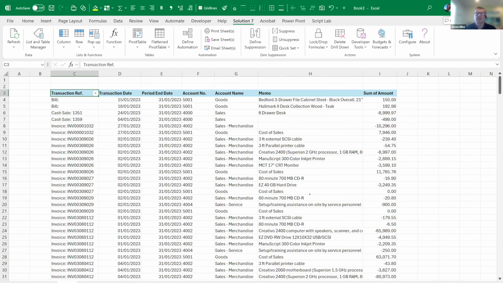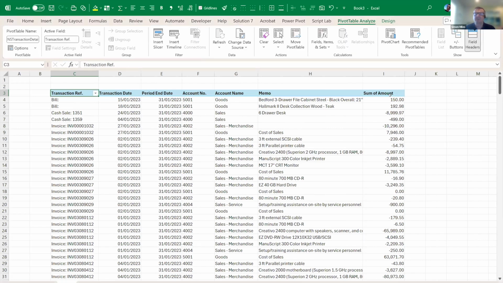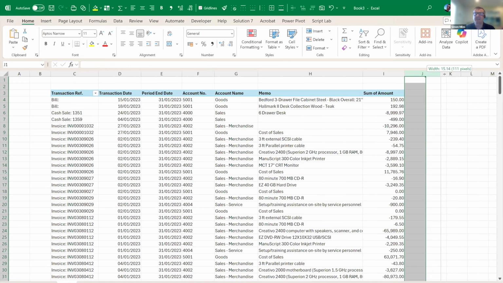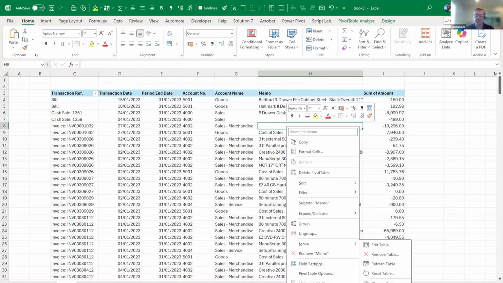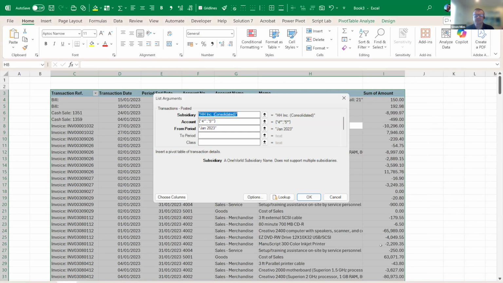There we go. So we have this sum of amount column over here, and it would be great if we could, again, in certain scenarios, show this as a positive or negative number. Because this is a pivot table, it's not easy to put a formula in here, but we've allowed for that